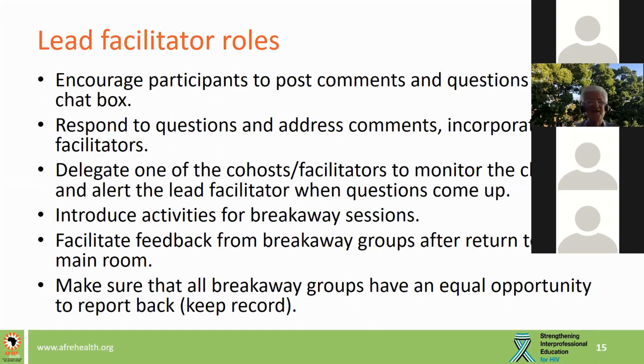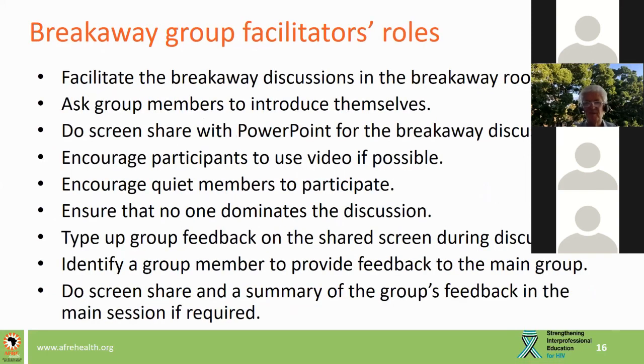You will get these slides and you will have the guidelines, so I'm just highlighting key issues from each of them. Next slide. The breakaway group facilitators, obviously it's about facilitating those breakaway discussions, getting people introducing themselves, but also getting people to participate. Often on Zoom, people prefer to be quiet, and one actually needs to name people or take turns or find ways to draw everyone into the conversation, while at the same time making sure no one